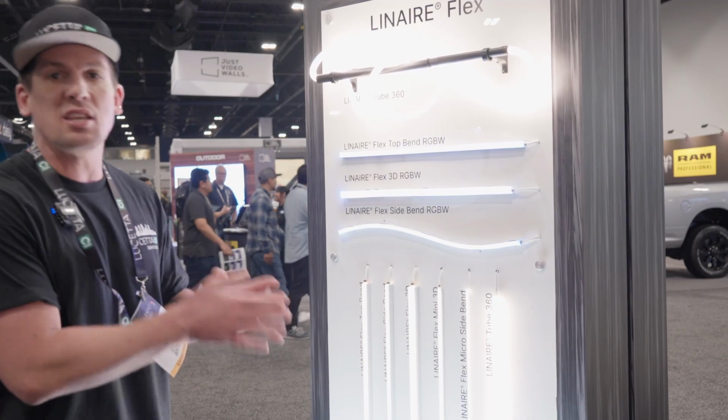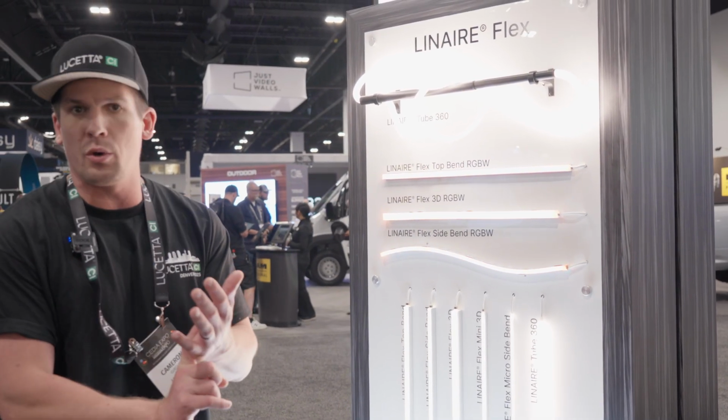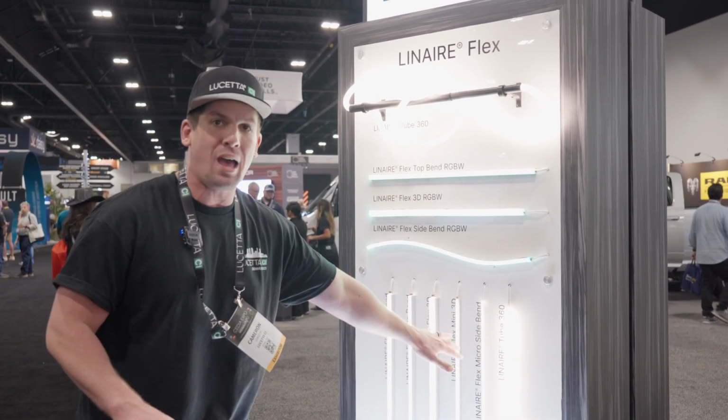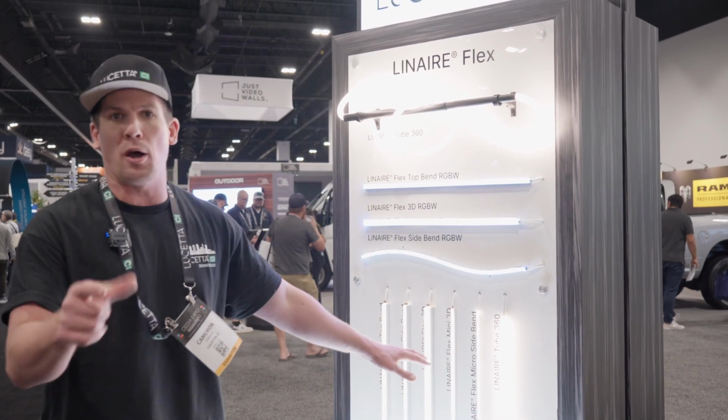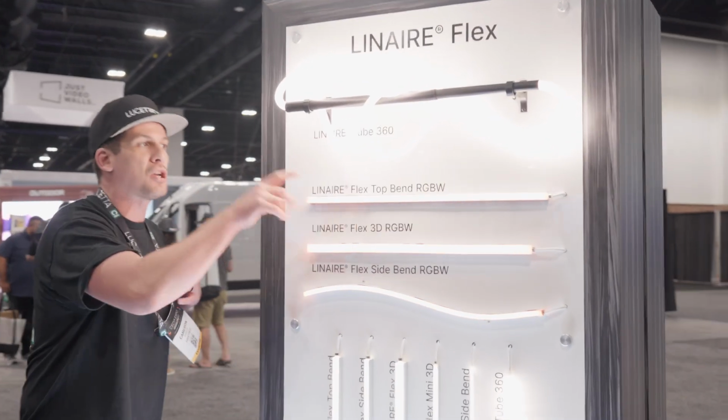So you can cut these anywhere you want. We can cut them anywhere you want. Now you don't have to deal with cut points. We can take any architectural detail and dimension and be able to border that with this light without any dead spots or hot spots. But what's brand new is the new Linaire Flex top bend